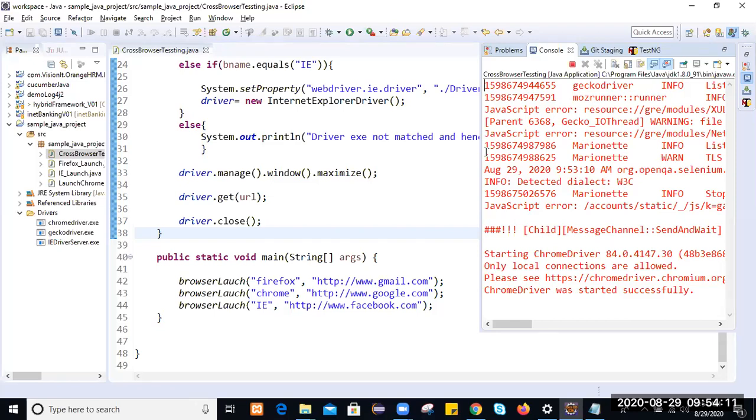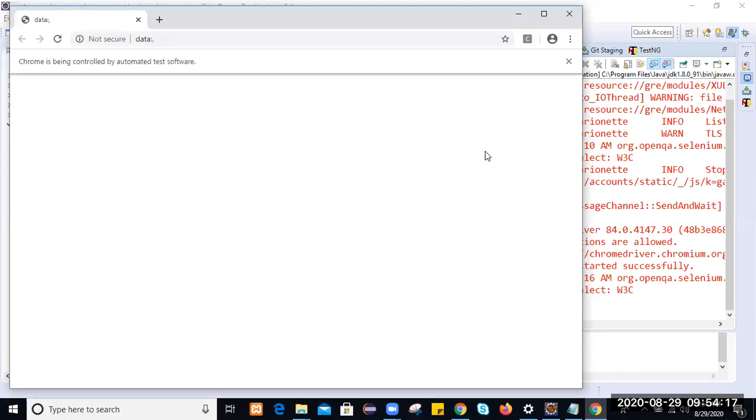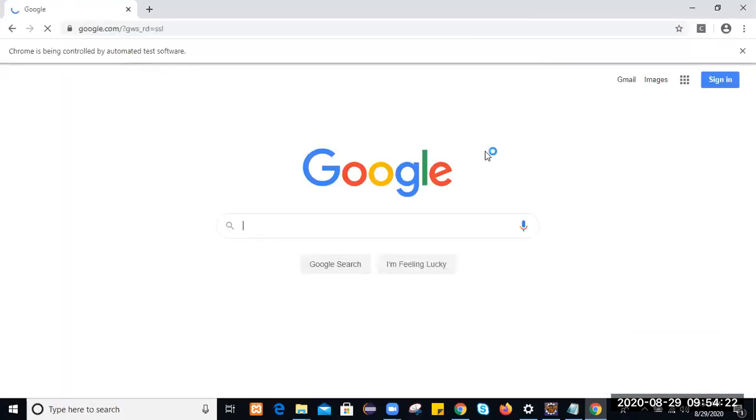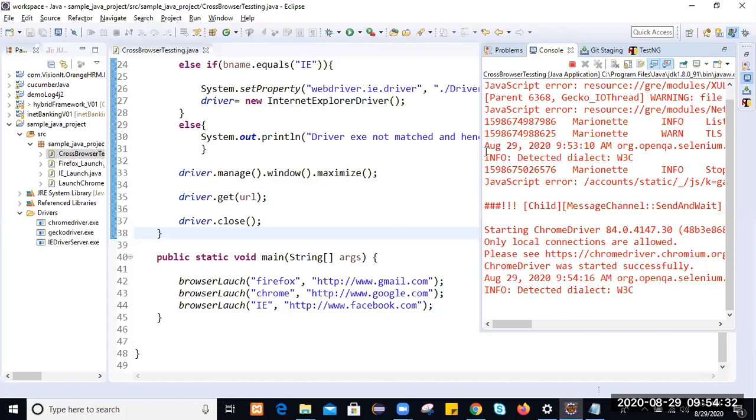Observe the behavior of an application, how the application will get tested automatically. In this session, we are just looking at how to launch and how to navigate, how we are launching the browser, different browsers, and how we are executing our script. So it has closed. Now the third time it will launch IE and